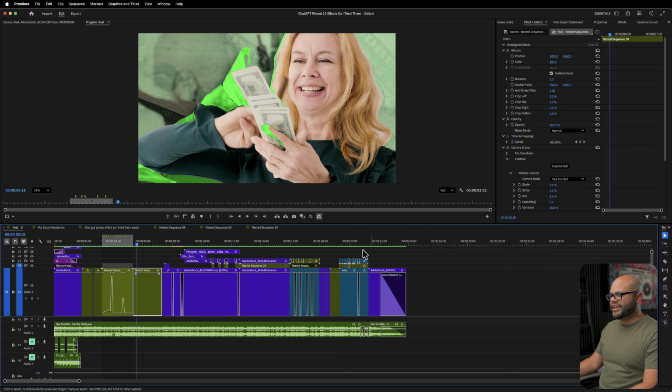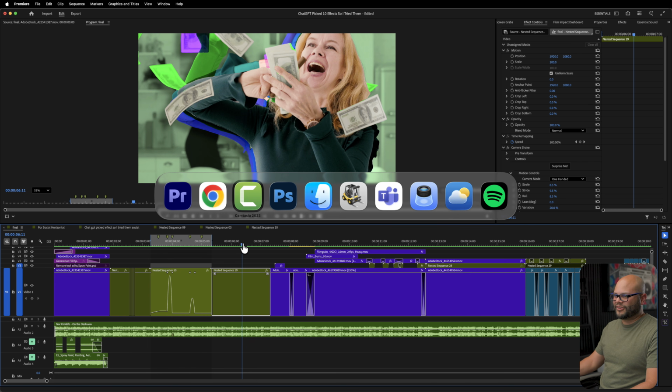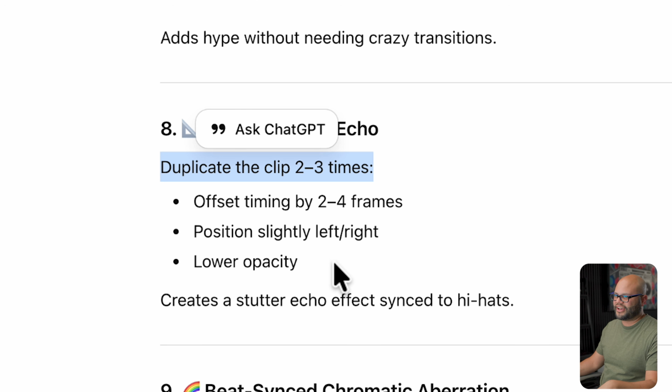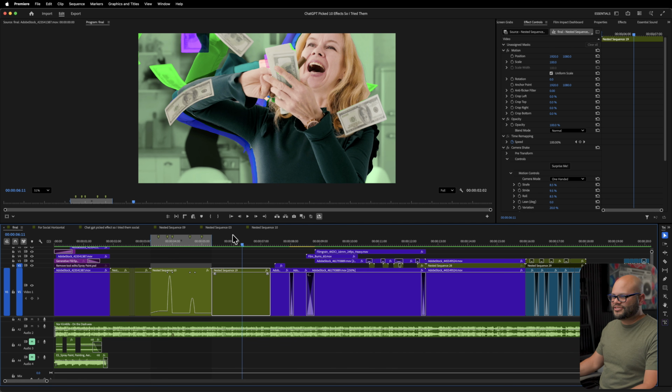This next one, I took a little bit of creative liberty with. I mean, that's what this is all about. It's this one where it says duplicate clip 2 to 3 times, offsetting the time, then position it slightly left. So I did do that,